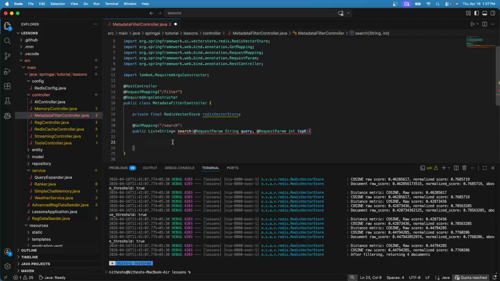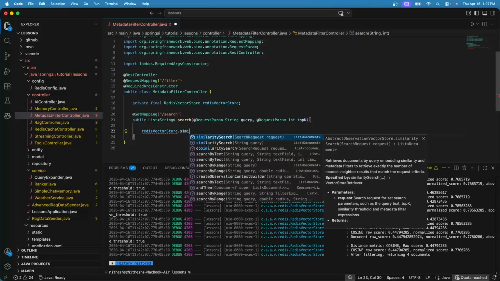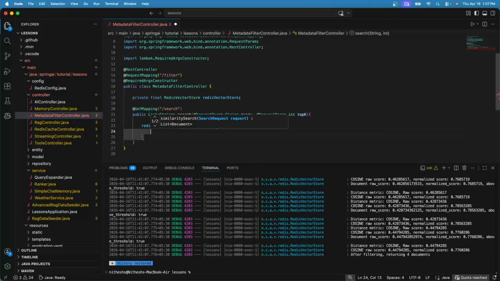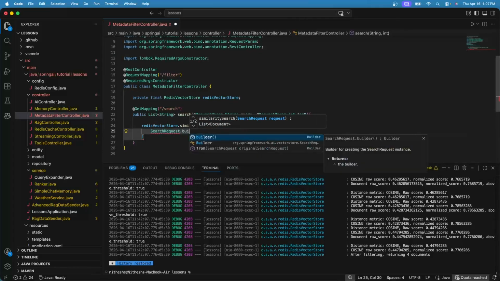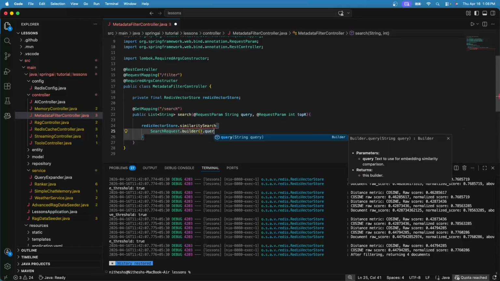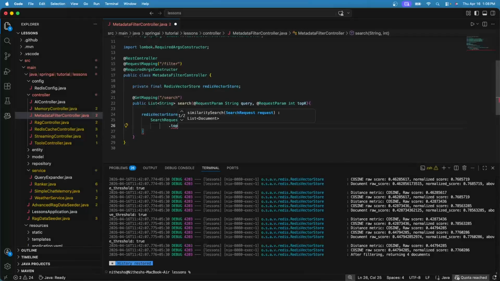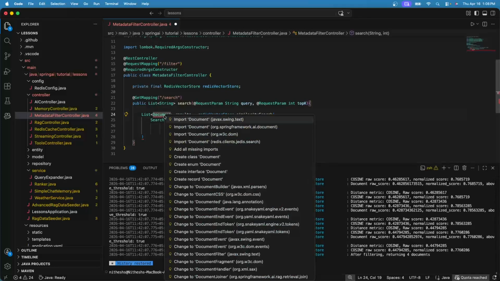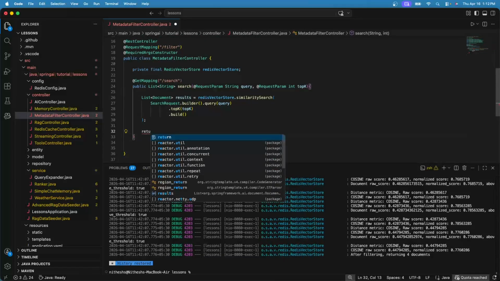Let us now query the Redis vector store using similarity search. Let's define the search request builder and pass the query which we get from the API. Then we pass how many documents we need and build. Let me assign this to a results variable. Also, let's import the Document and let's return the result.